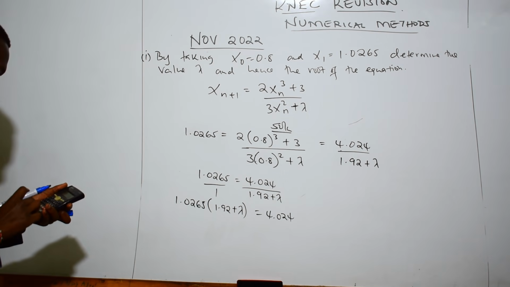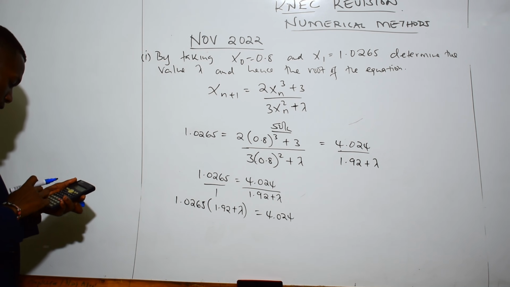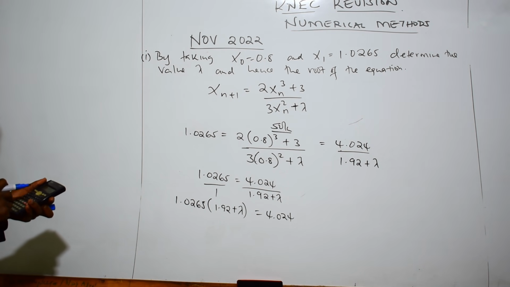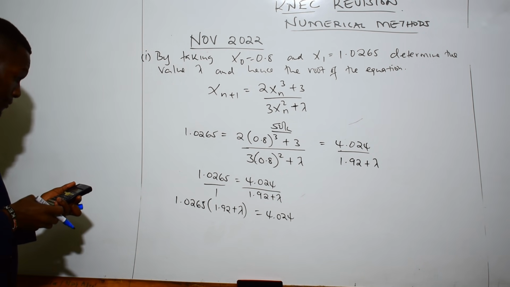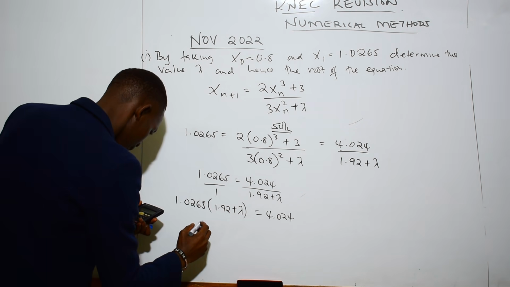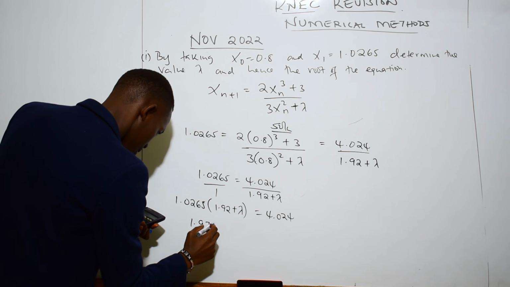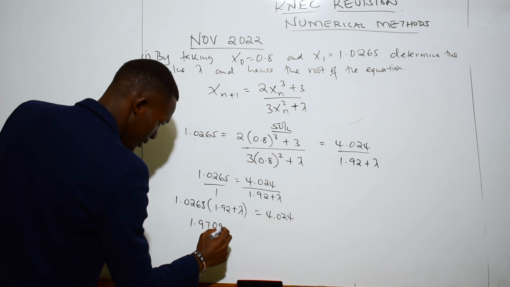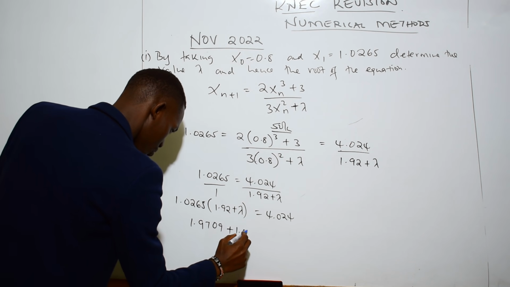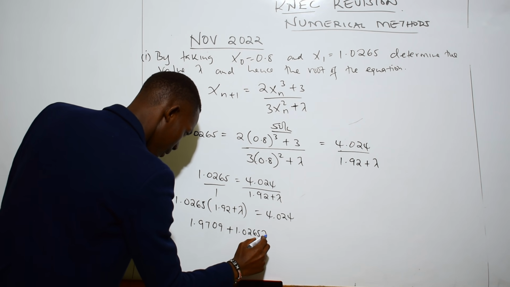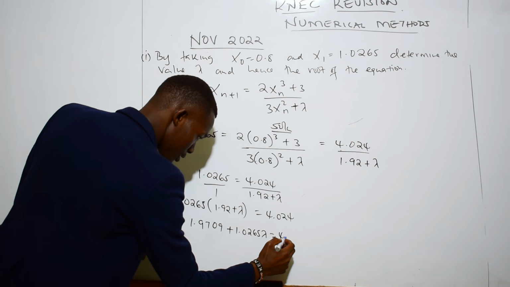Now opening that bracket, 1.0265 times 1.92, we get 1.97, you can just say 09, then plus 1.0265 lambda equals